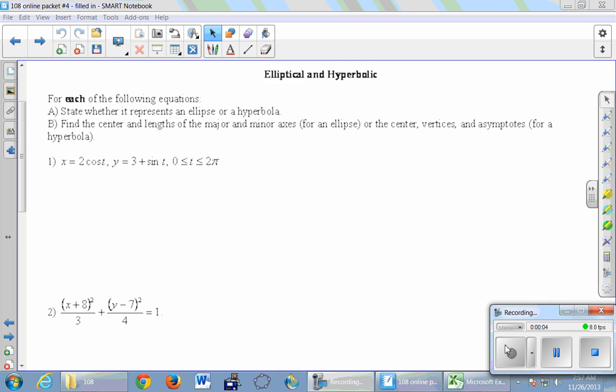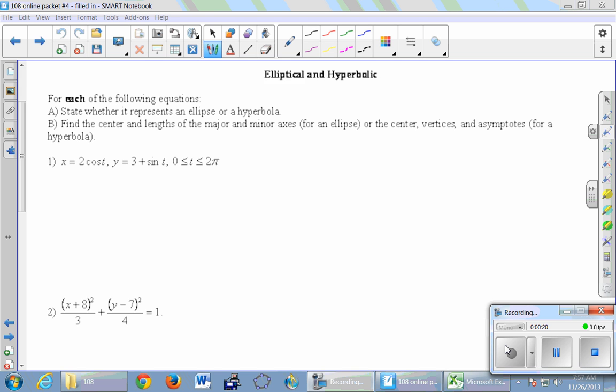For each of the following equations, state whether it represents an ellipse or a hyperbola, find the center and lengths of the major and minor axes for an ellipse, or the center, vertices, and asymptotes for a hyperbola. All right, why don't we just quickly run through each of these and decide whether it's an ellipse or a